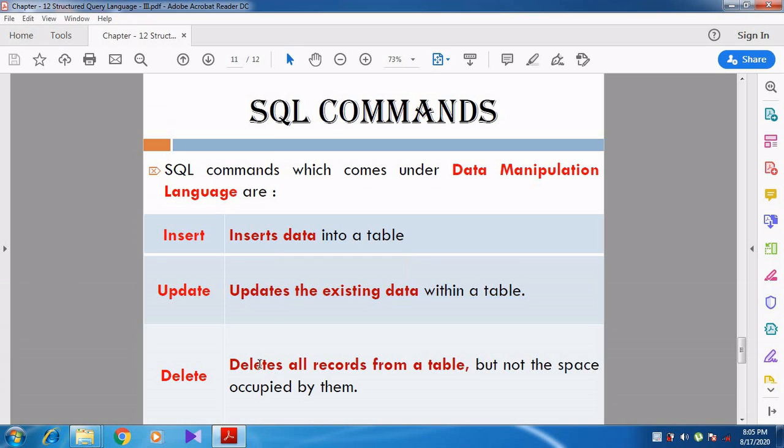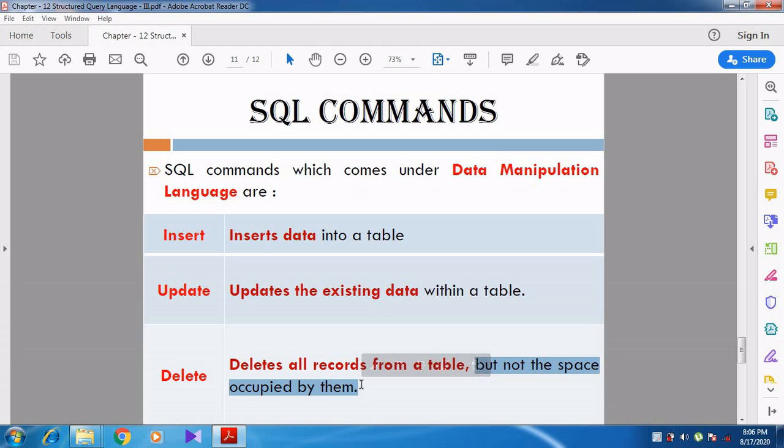Then delete is used to delete all the records from the table, but it won't delete the space occupied by them. In DDL we have discussed truncate. The truncate command is used to remove all the records from the table, as well as the space which is occupied by the records. But the delete command will delete all the records but not the space occupied by them.